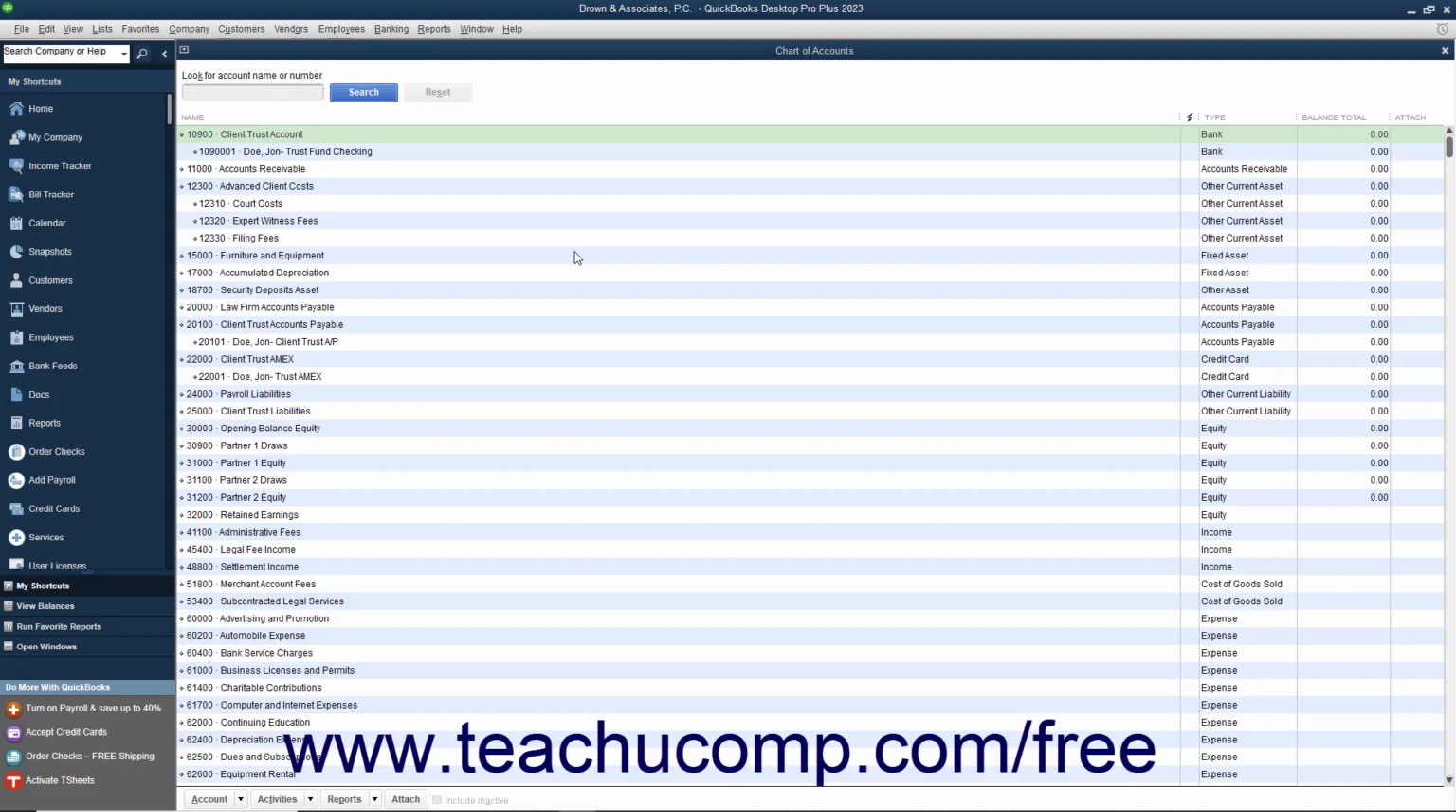www.teachucomp.com/free. If you use an IOLTA account to track funds in trust for use in paying client expenses, you should ensure that you create the necessary accounts within the QuickBooks Chart of Accounts window. Please review the lesson titled The Chart of Accounts in Chapter 3 if you need to reference creating and managing